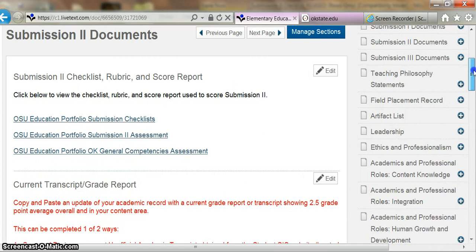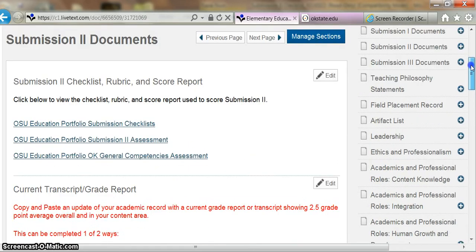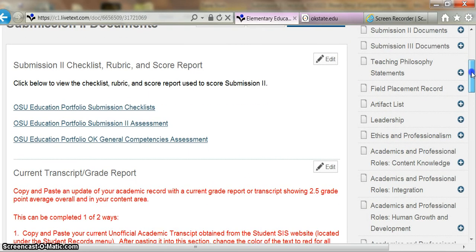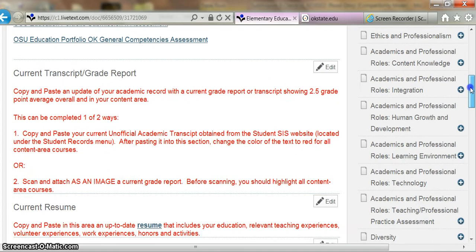We're going to look at these, because really you're going to have 8 artifacts for Submission 2 at this point, and 2 artifacts for Submission 3. So in Submission 2, the core values that we're going to be addressing are, and I'm just going to go through these one by one: ethics and professionalism,